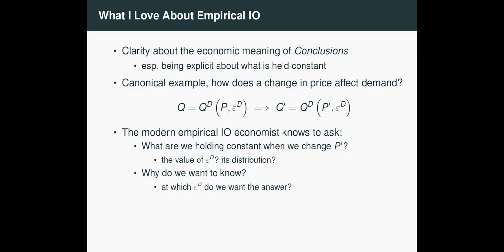And of course, the answer to those questions has to flow from answers to another question, which is, why do we want to know? What kind of decision are we going to use this calculation as an input to? And that is going to determine how we want to phrase the question. Again, a kind of question that folks in empirical I/O routinely ask. I think maybe folks in other fields of economics might want to more routinely ask themselves.